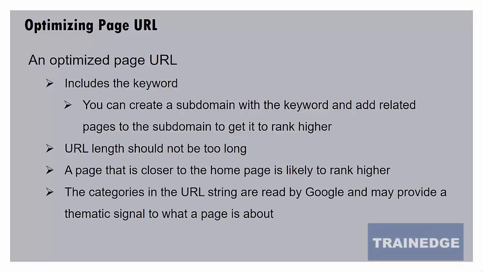If the URL includes the category of the page, like in an e-commerce site, there may be product categories, and if you go to a product category and then you look at the product page, the URL of the product page will include the category that the product is in. So those categories are also used by search engines as a relevancy signal to understand what the page might be about.